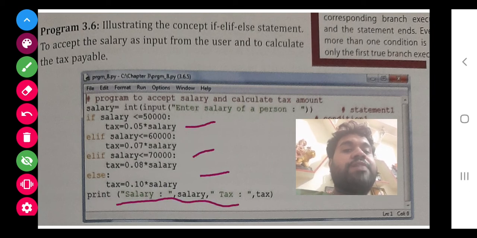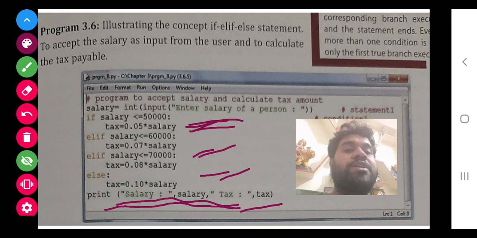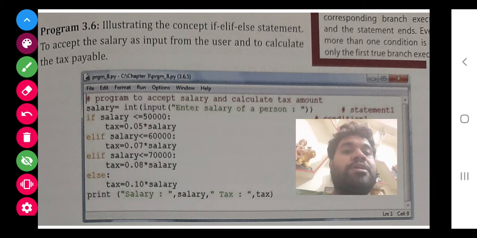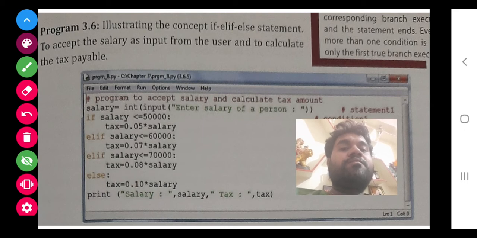When the loop proceeds, it will take out the tax, and at last, whichever condition it satisfied, it will give the result. Otherwise we would have to write it all the time, four times, but there is no need. So if you write it at last, there is no need to write again and again.